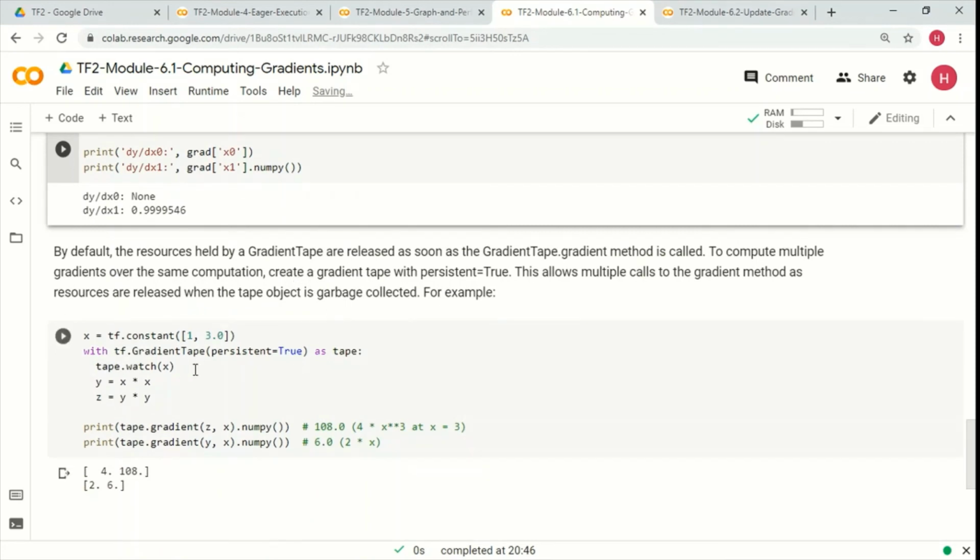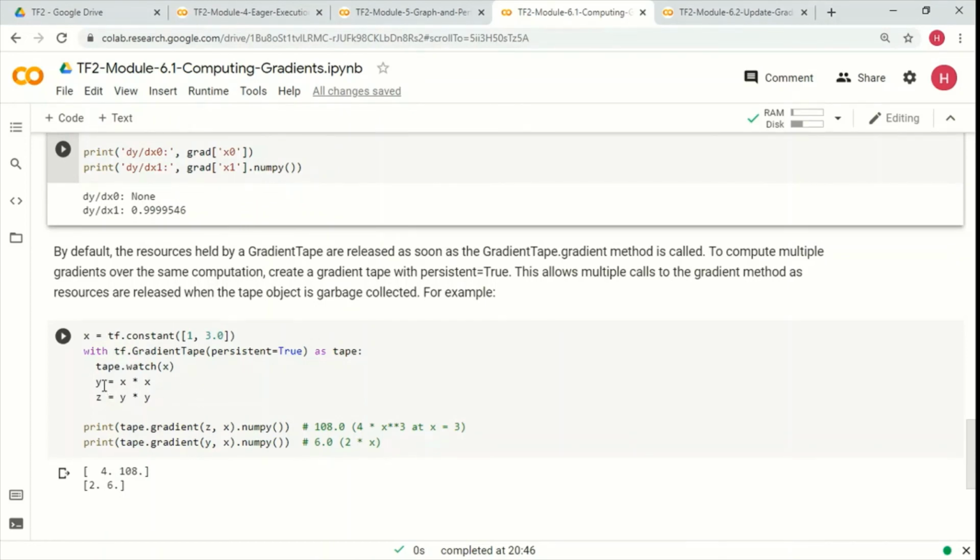Now there's some explanation about the persistent here. When we want multiple operations to be done one after the other, we have to set this persistent equal to true, otherwise the resources are going to get discarded.